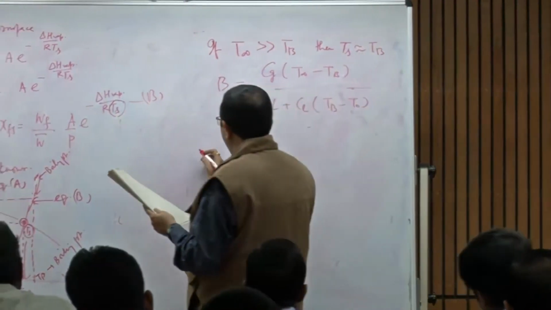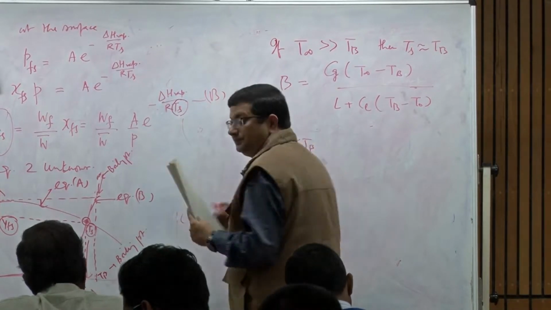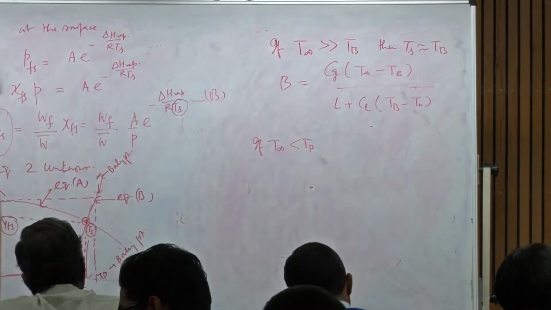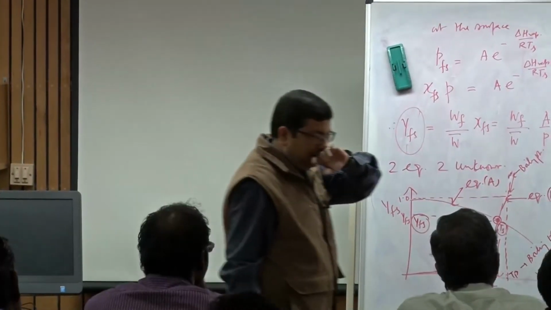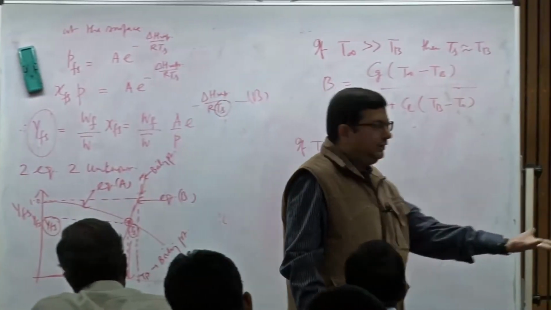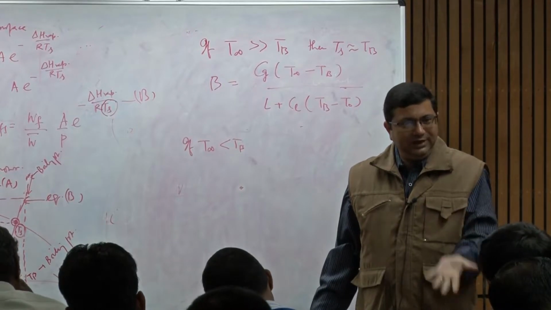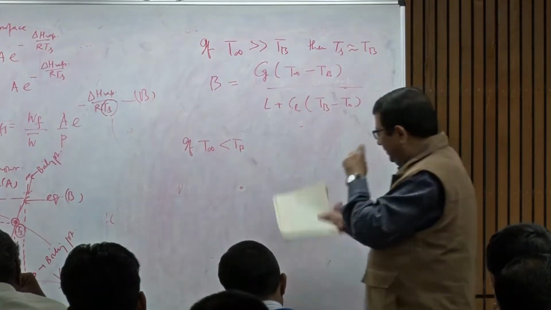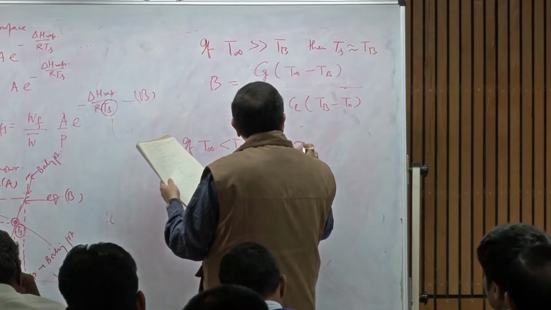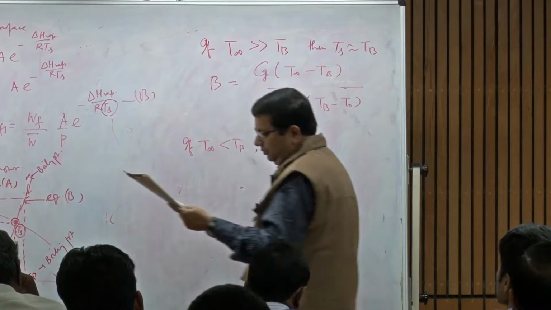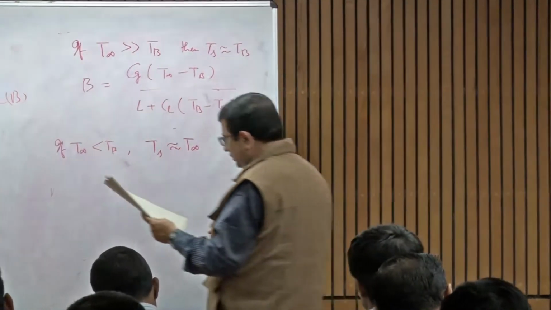However, if T infinity is less than T b, that is you have a heated liquid in a low temperature environment, then also evaporation takes place, like if you take water in a container and boil it, right. So, there the liquid is at a higher temperature than the ambient. So, that is also possible. So, in that case the surface temperature will be almost equal to the outside temperature. So, for that scenario